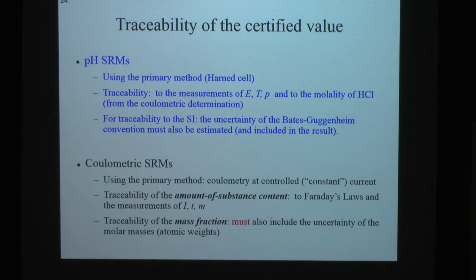That's why Sherwood here is interested in establishing for seawater pH measurements a capability here at USF for coulometry, so that then the results of the Harned cell measurement for pH measurement of seawater can complete the traceability chain here. For coulometric SRMs, it's a primary method, the most accurate method